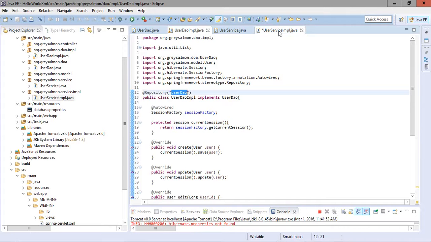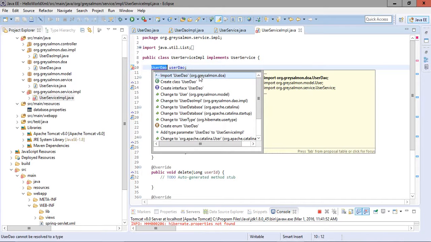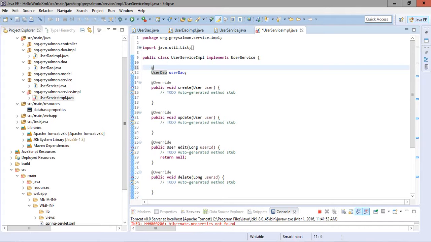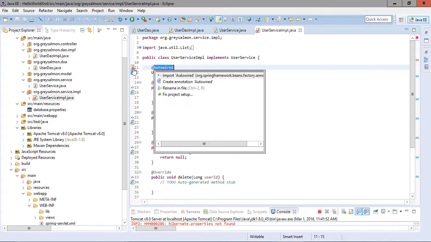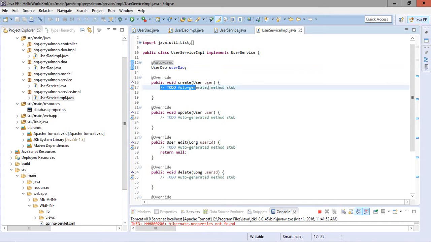So this name and this name should be same, so that we can autowire them. So we use the annotation Autowired, so that whenever this user service impl object is created, the object user DO will be autowired to it, meaning the object of user DO will be provided to this.